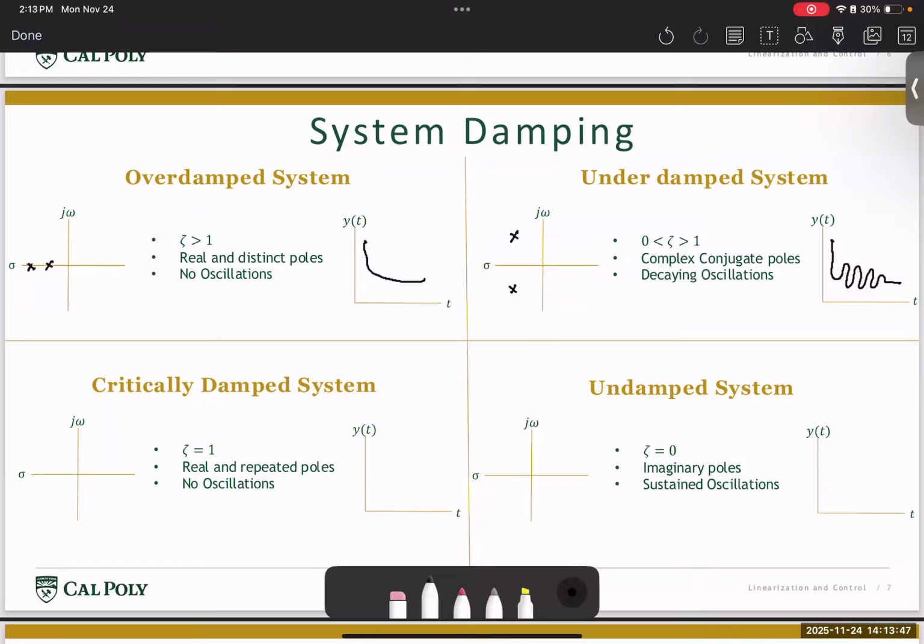The disadvantage in the overdamped system is the fact that the system now settles to the final state much faster, but then